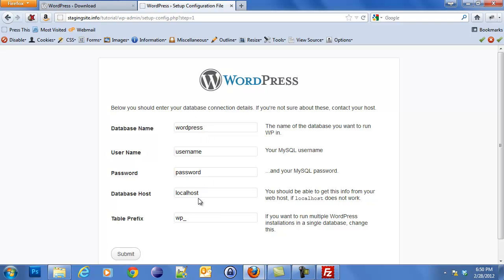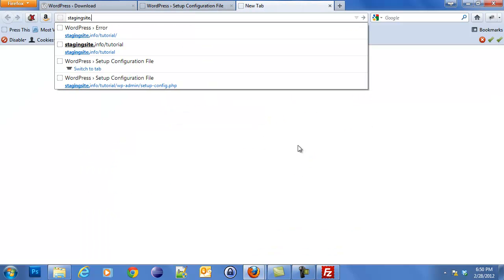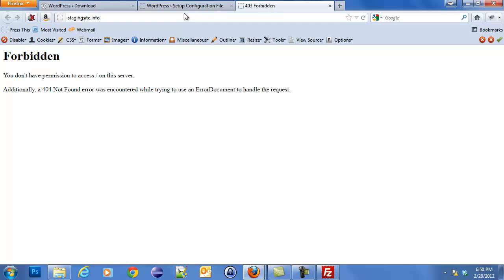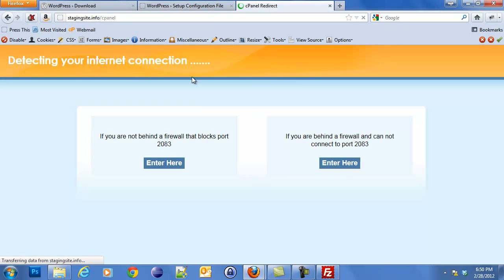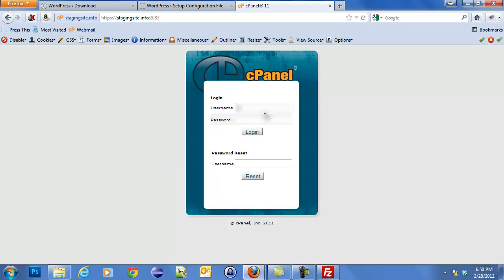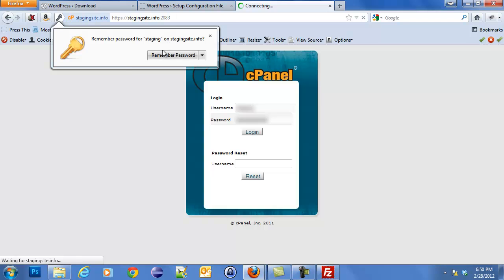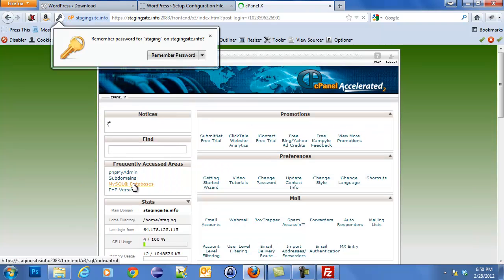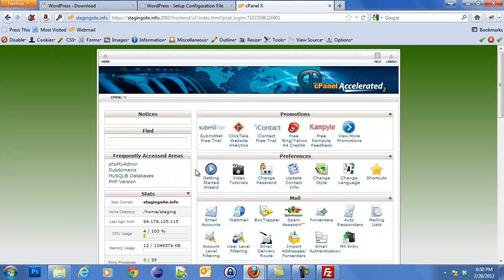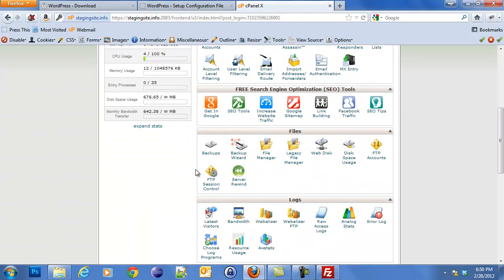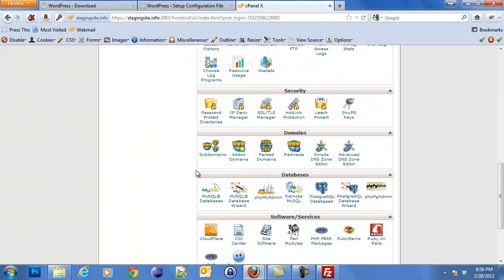a database, and this is going to change depending on your web hosting situation. For me, I have CPanel installed on my web server, so I can go to CPanel and create my database from there. Here I'm logging into CPanel. And of course, this is all going to be different if you have Parallels Plesk or another web hosting solution. I'm going down to my MySQL database configuration,